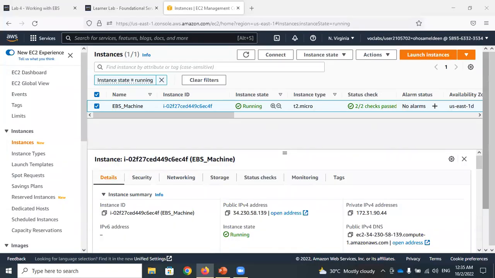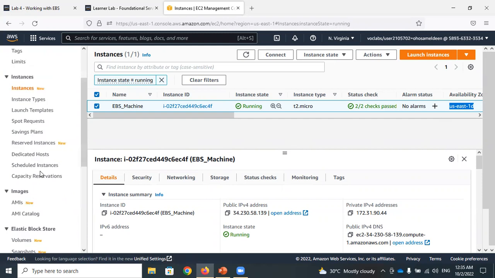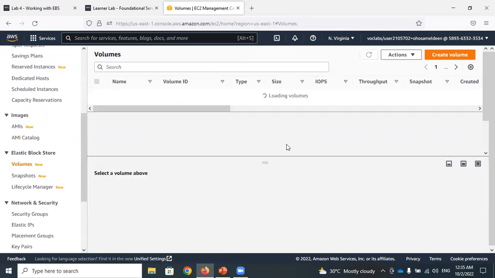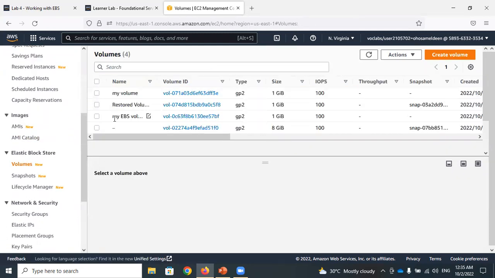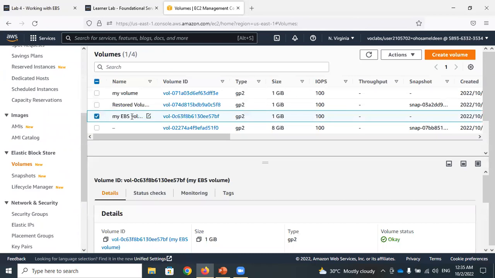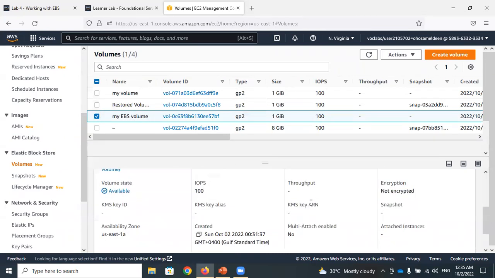I found the problem, which is that the availability zone of the machine, US East 1D, and the volume are not the same. The availability zone of the virtual machine and of the volume are not the same. So what I'm going to do now is go to volumes and check this created EBS volume